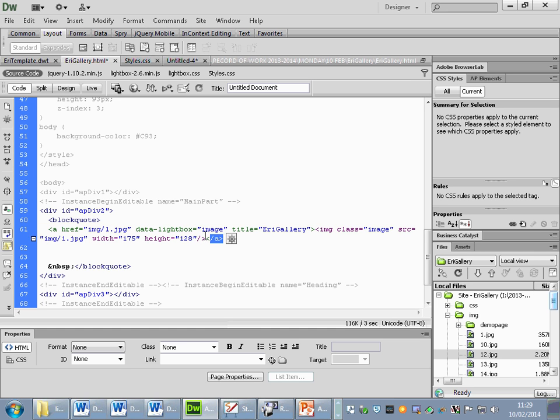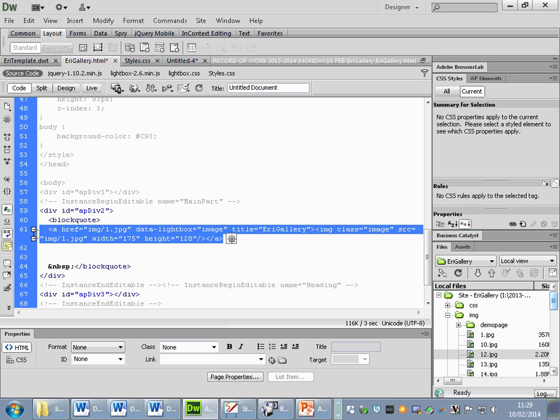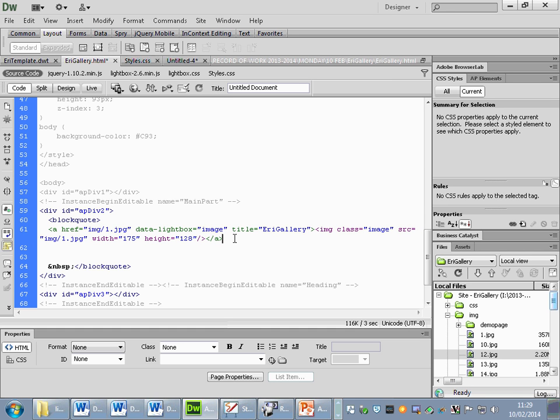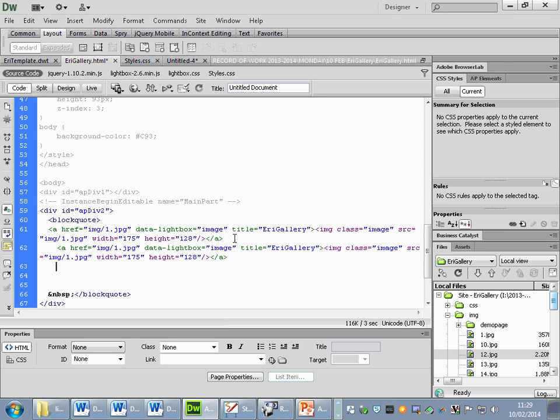Okay, so this one is for the first image, but we need to insert all 20 of them. The fact that we have numbered them one after the other will make it easier for us. If I copy the whole line and paste it,